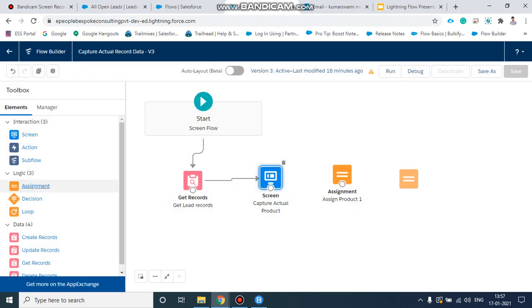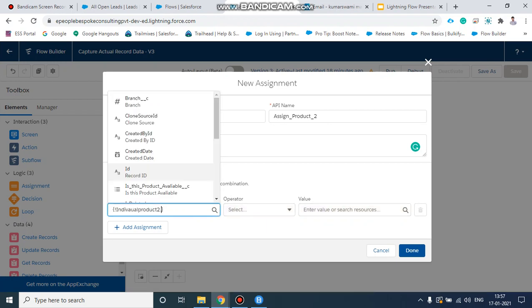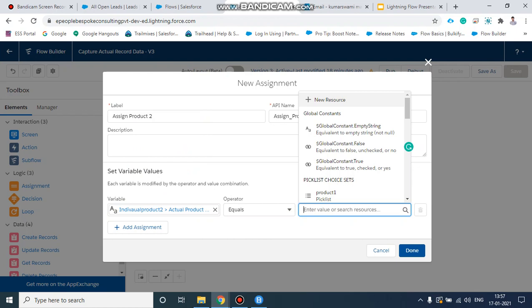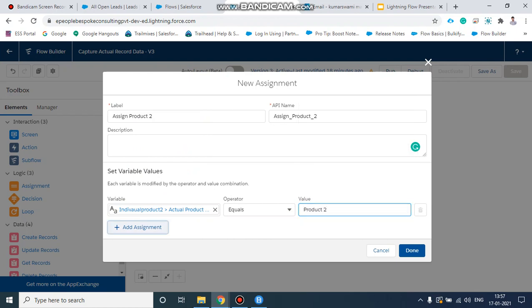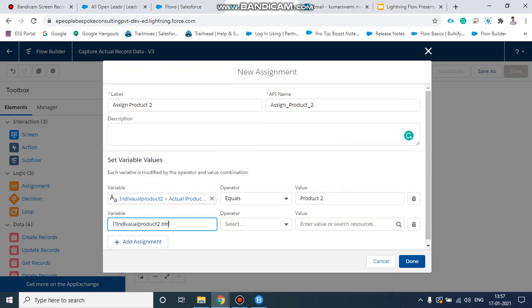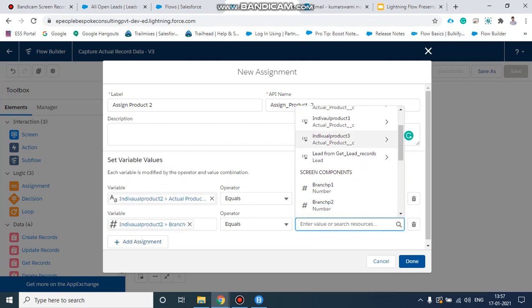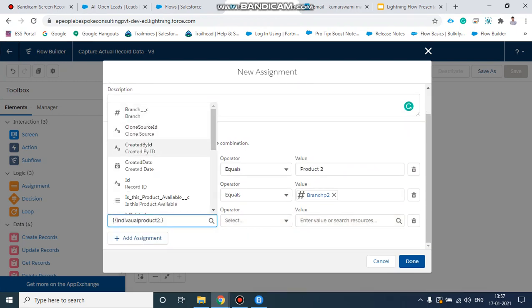And we need to take another assignment. Same as we did for the first, we need to continue for 2 and 3 also. Individual product 2 name, product 2 name, after that branch, then quantity.